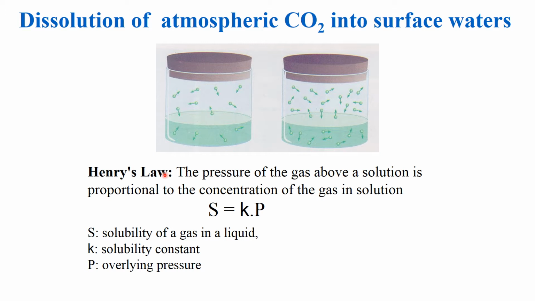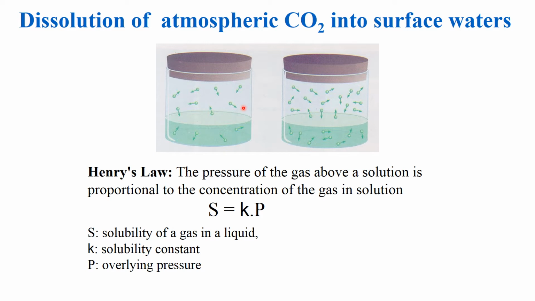Okay, so this is a relationship which helps explain what the concentration is of a gas dissolved in a liquid relative to the overlying atmosphere. So if we've got a liquid here in a jar, this is an analogy for the ocean and the atmosphere. Now the atmosphere above will contain lots of different gases. So we refer quite often to the concentration of any one gas in the atmosphere by this term partial pressure. So that's essentially the